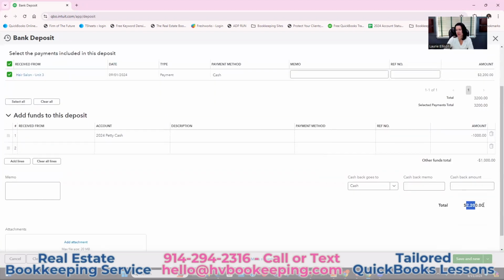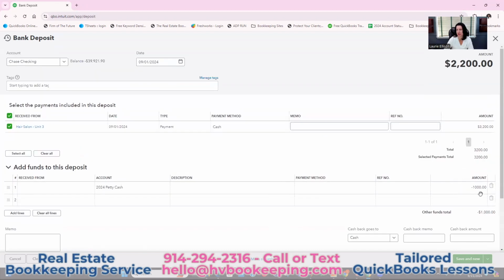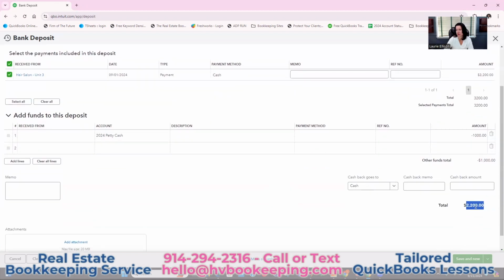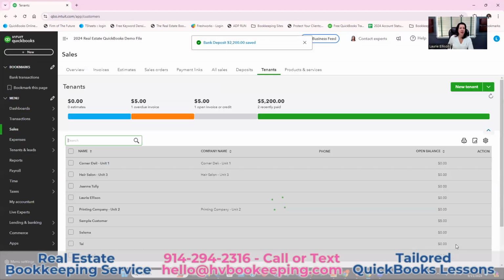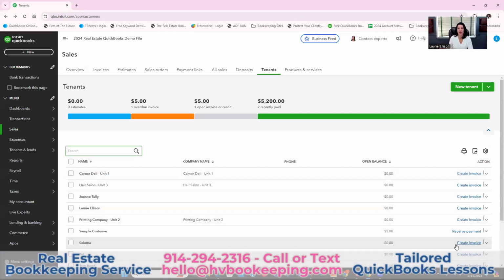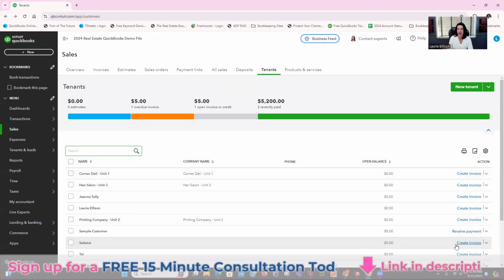That is now making our deposit $2,200. So we're going to have $2,200 go into the checking and $1,000 into our petty cash. So, you're really putting the $1,000 in your pocket. The petty cash is going to be cleared out with your equity account at year end. So the plus or minus, you keep the $1,000, but maybe you then go and spend